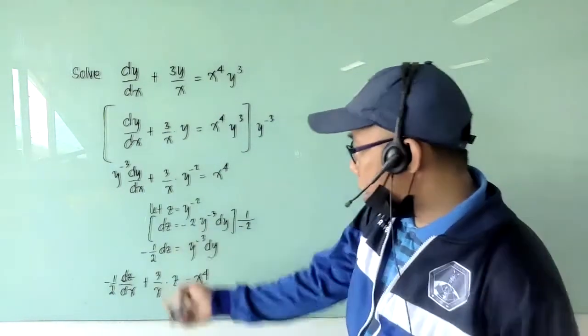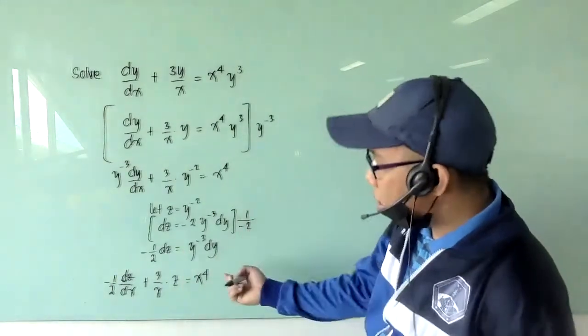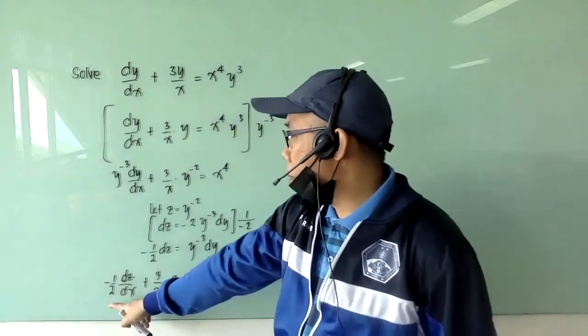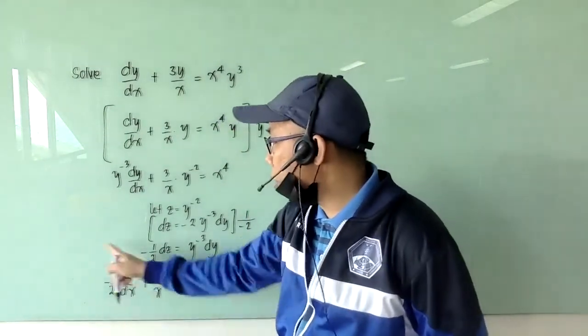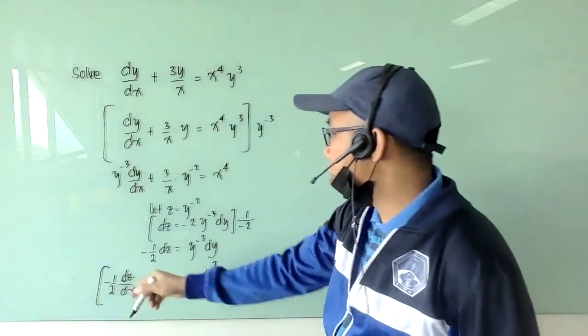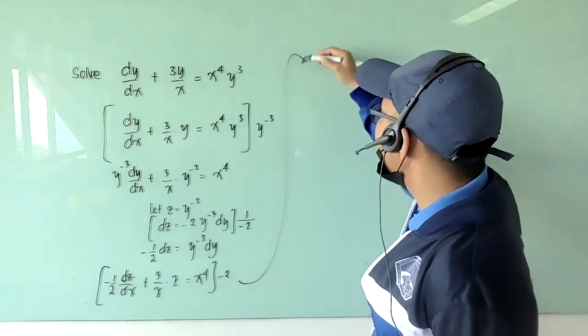Okay, now we arrange this equation into standard form. This is actually linear in terms of z. Now we should make the first term's coefficient 1, so we eliminate the 1 half there. We multiply both sides of the equation by negative 2. That's why we have